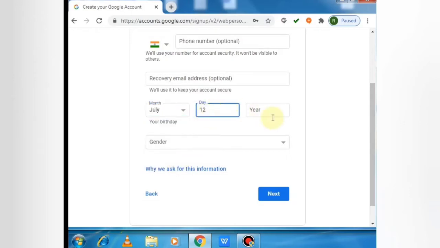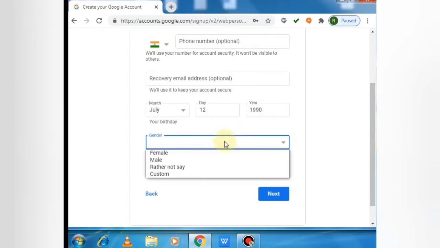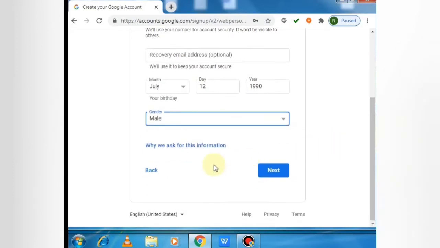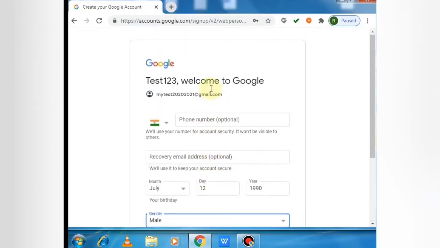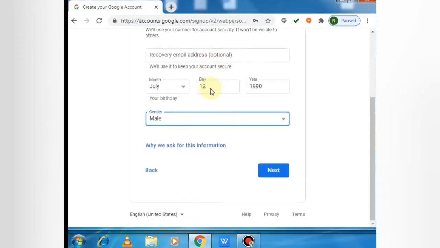So you should be more than that to set up a Gmail account. So we have to provide a date of birth like that. There won't be any checking whether we have provided a genuine date of birth or not. So that is a drawback over here. So we have provided a date of birth and we have entered our gender also: male, female, any other, prefer not to say. Options are available.